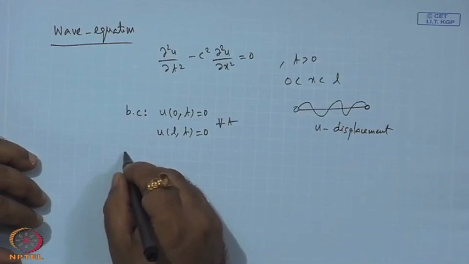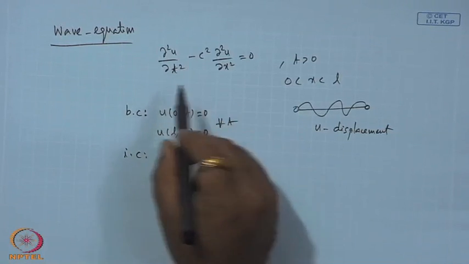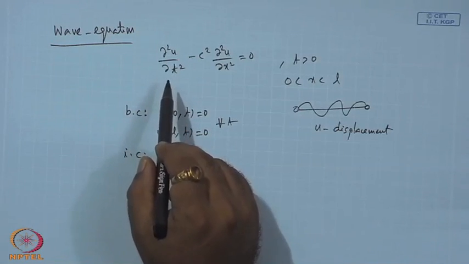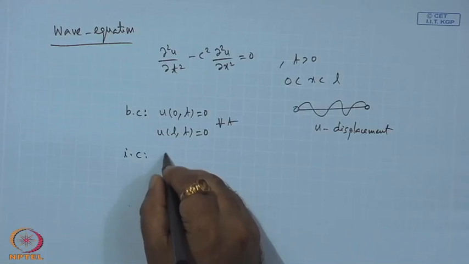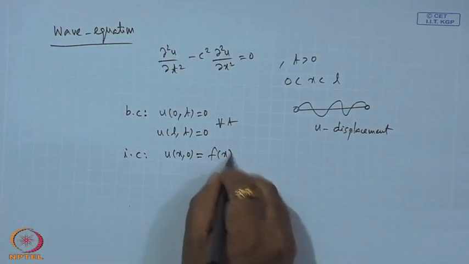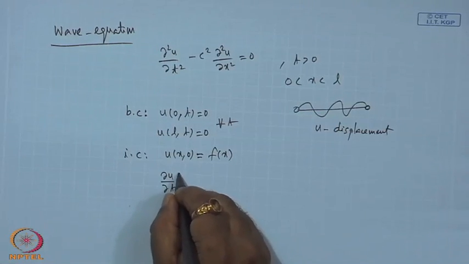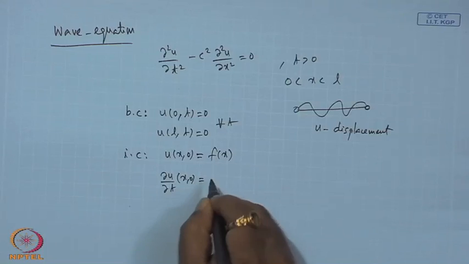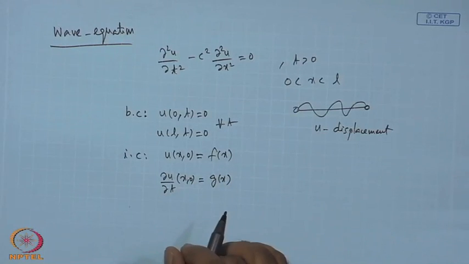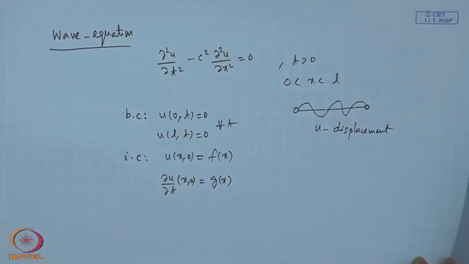Okay. Then we need initial conditions. Remember, this is a problem on displacement and we have two time derivatives. So, we require initial displacement and velocity. So, this is the complete physical problem. Okay. So, now